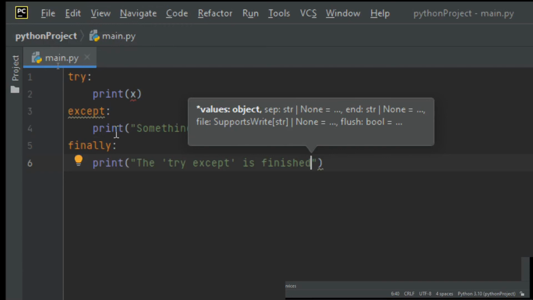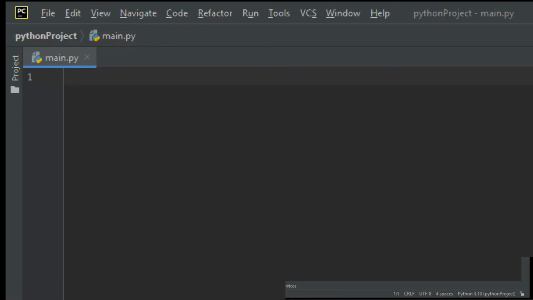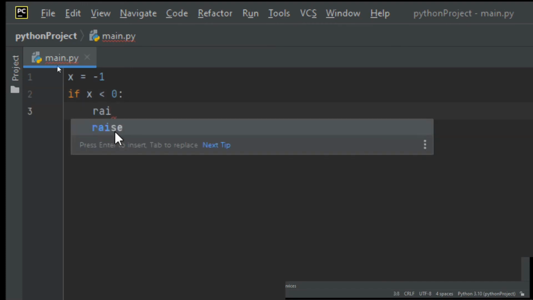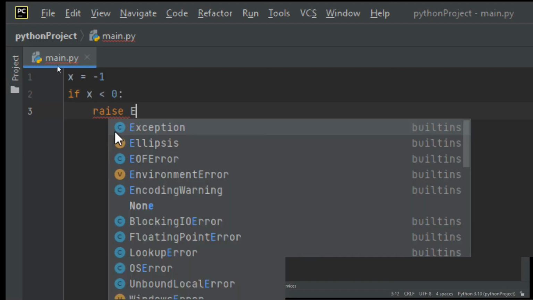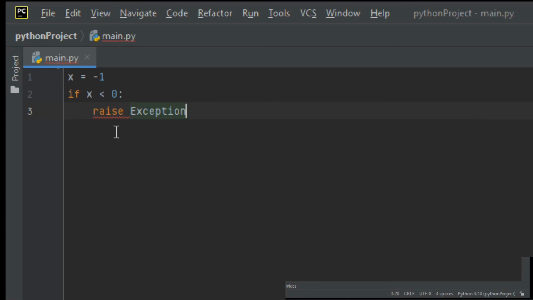So basically guys, let me first of all close everything here, and then here let me create a variable, and then assign it to an integer like -1, and then here let me use this if condition. So let me say if x is less than 0, then raise the error, raise exception. What exception? Let me say perhaps